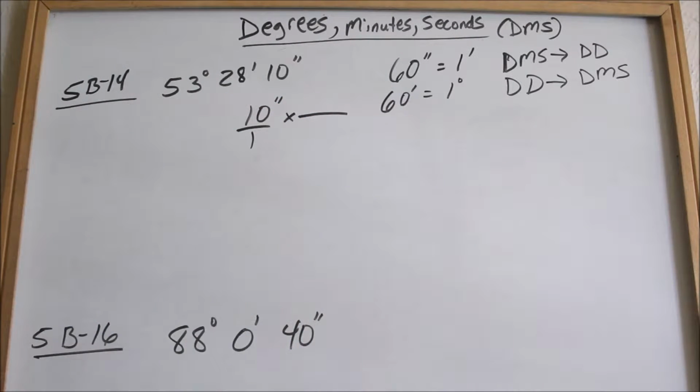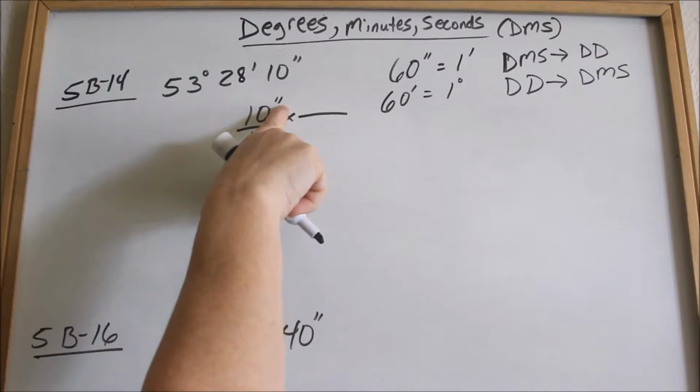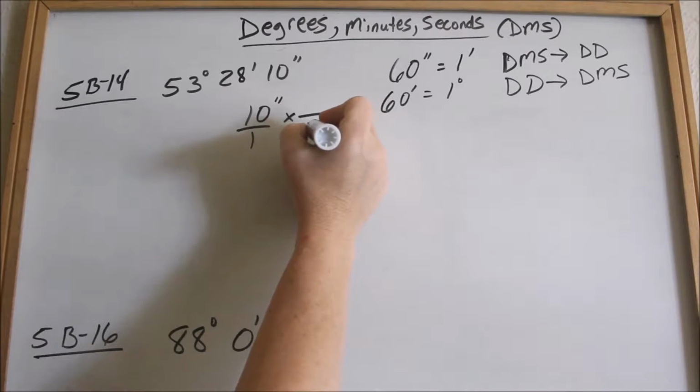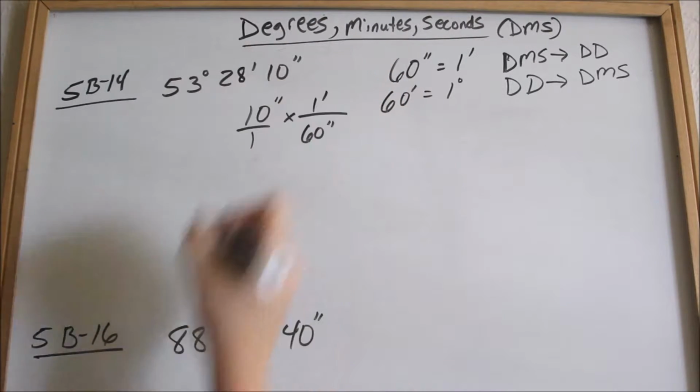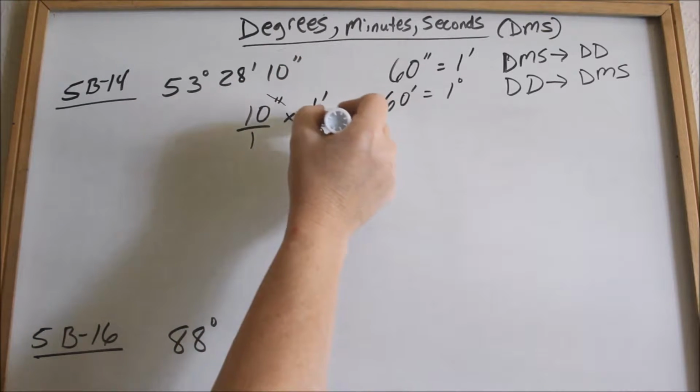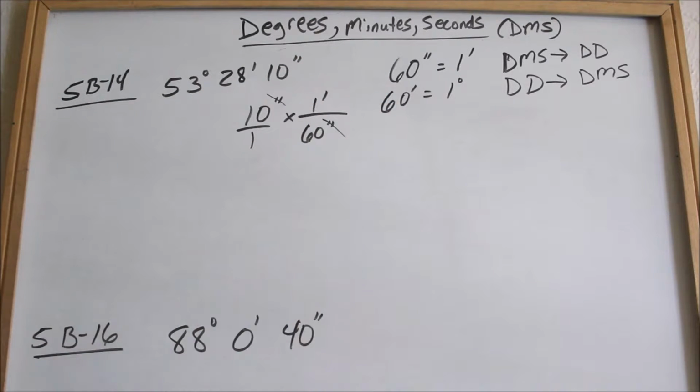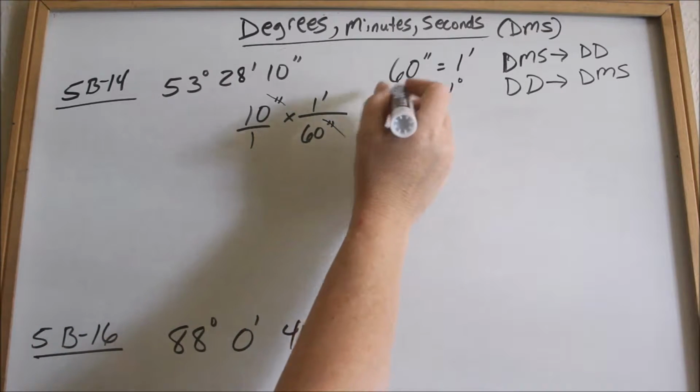So turning our seconds into minutes, 10 seconds. You do this the same way you've been doing conversion factors in math and in science. So 10 seconds here, I want my seconds to go away, so that means seconds has to go on the bottom. 60 seconds in 1 minute. It means that those cancel, and now I do 10 divided by 60. Not, that's the other way around. 10 divided by 60 is